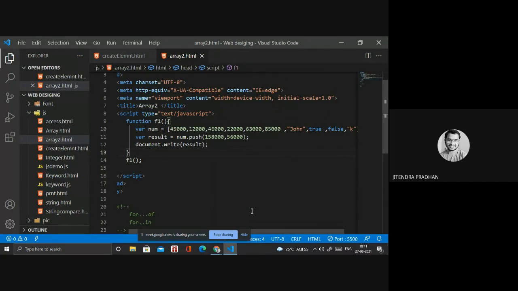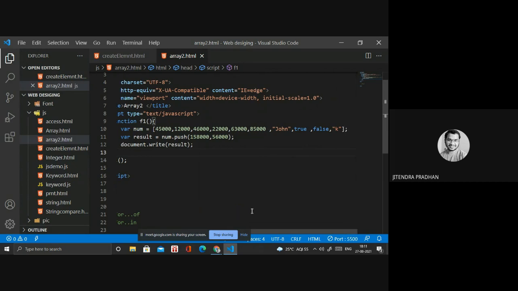So when you use the push method, the element will be assigned to the last position. Have you observed that one? In that array we have 1, 2, 3, 4, 5, 6, 7, 8, 9, 10 elements. If I add two elements, they will be assigned in the last part after that. Okay, so if you want to